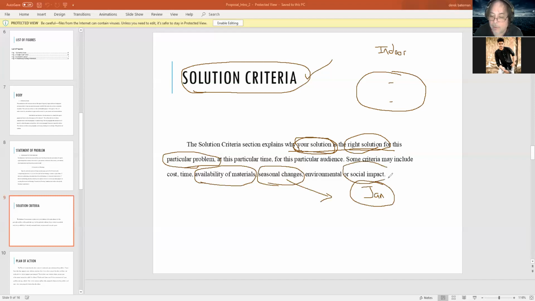Environment or social impact. The social impact for you, remember we talked about that, depends on how much you decide to emphasize the impact this is going to have on the community. It's a good selling point, I would argue, because that is good for the community and it's good for TAV, and this is one of the ways you want to be addressing it. It's good for TAV to show the community that they're very much involved with that particular community, and that from a TAV business perspective